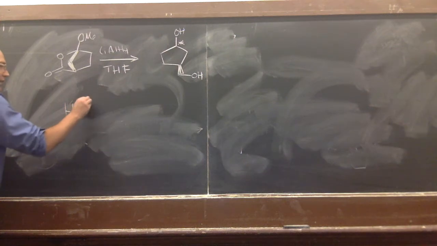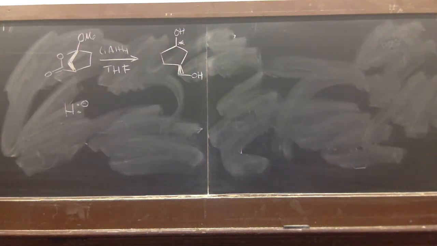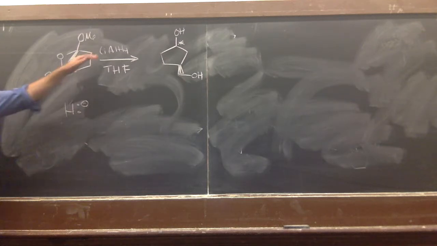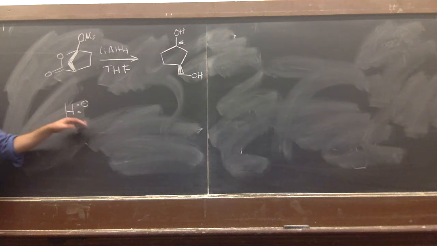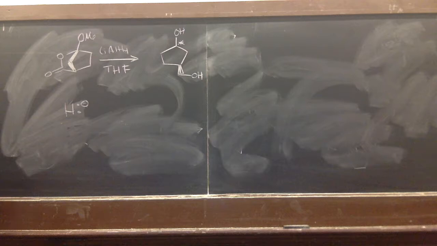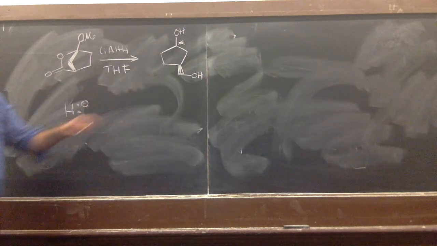From a mechanistic standpoint, you can think about it as a hydrogen with 2 electrons, a nucleophilic source of hydrogen. We know that carbonyls can be electrophiles. I'm telling you that lithium aluminum hydride you can treat, in terms of the mechanism, as H-. And with that information, if you understand the reactivity of carbonyls and you're comfortable with some of the mechanisms that we've seen, you should be able to